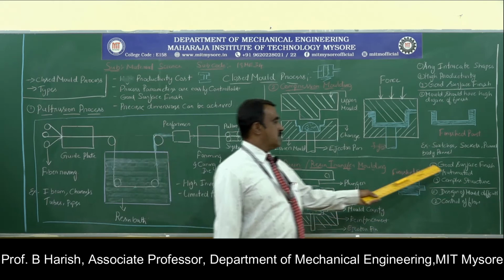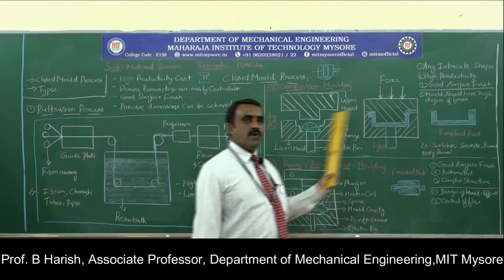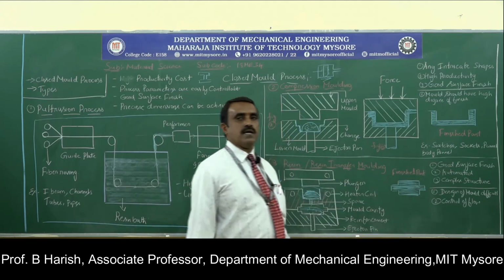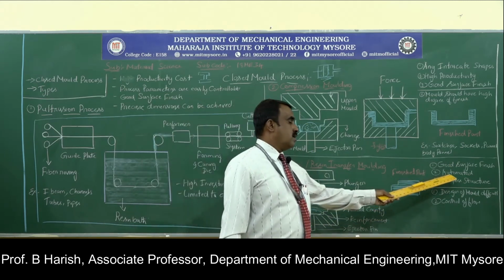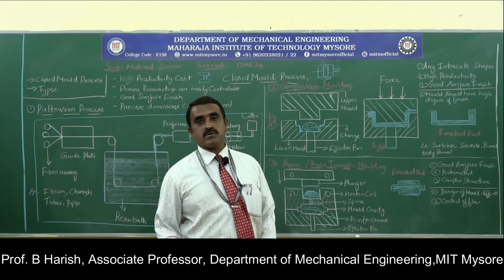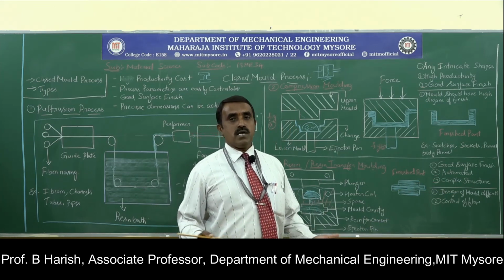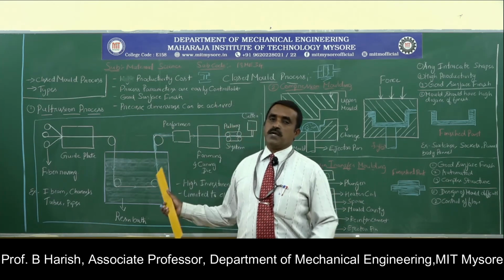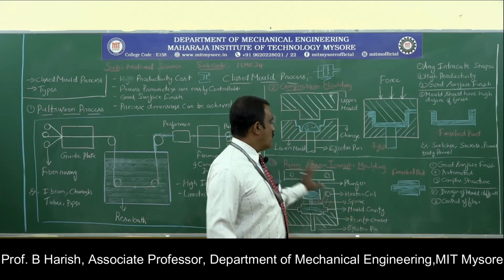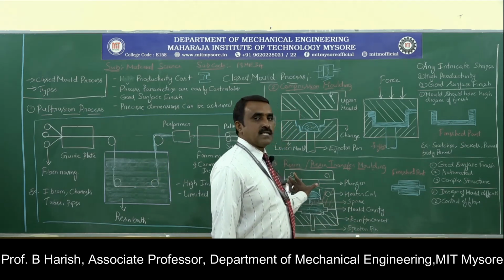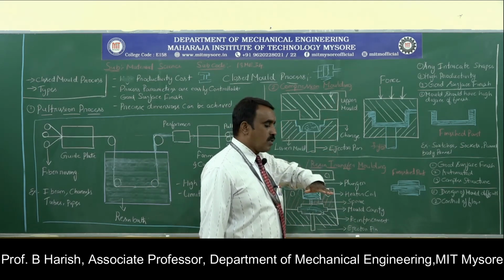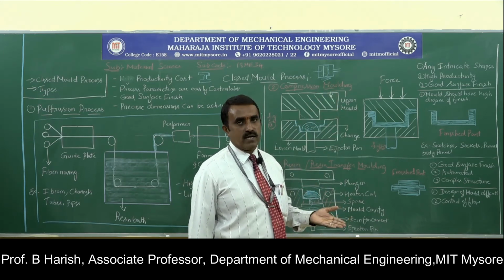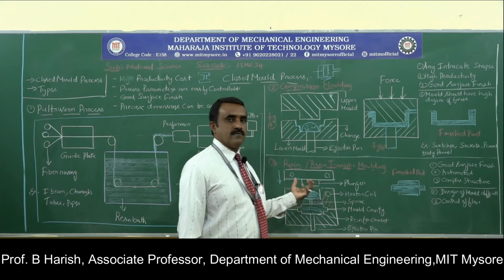Then coming to advantages, you get a good surface finish. This is common in almost all the processes if you observe. Second, the process can be easily automated. Automated means it can be made a continuous process, whereas the pultrusion process is a continuous process. Now I can have a mechanical arrangement so that the plunger can be moved downward and upward automatically without any human interference.